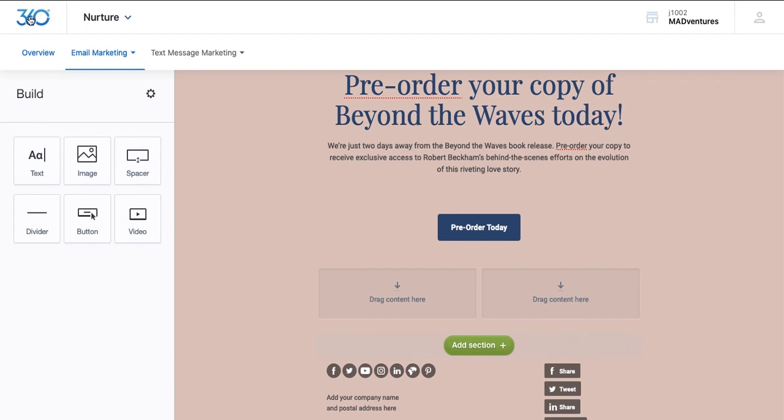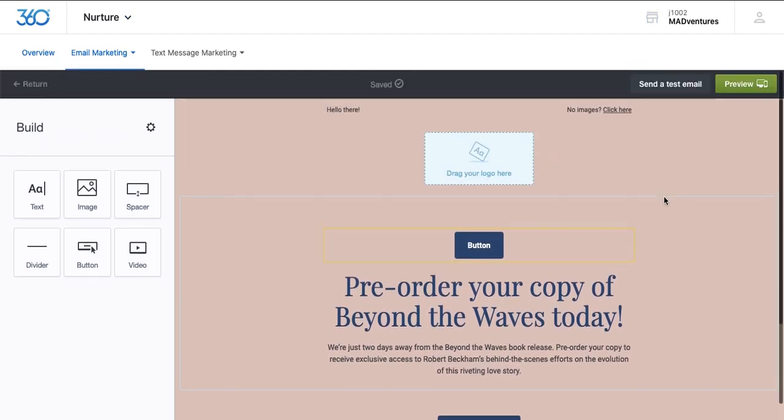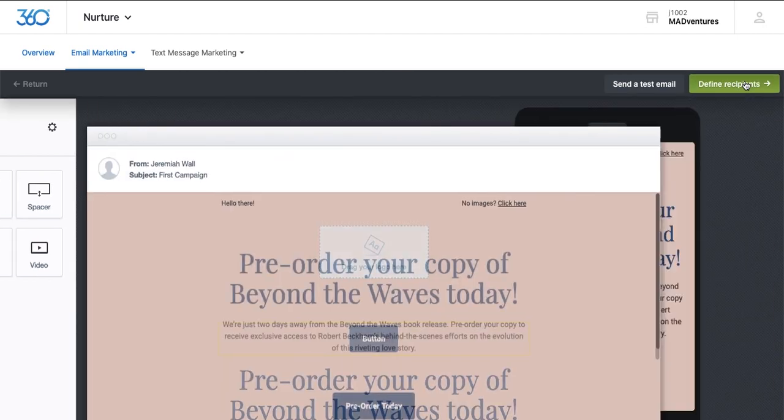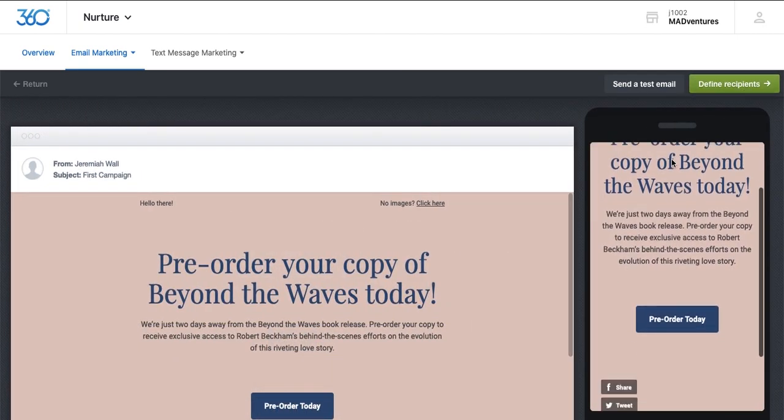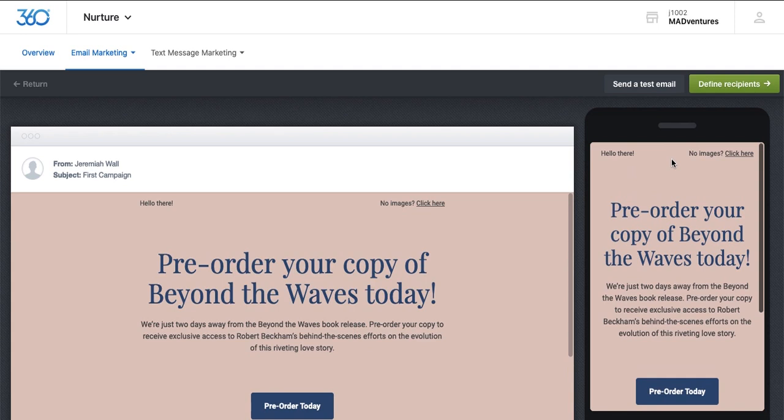Once you've finished designing your new email marketing campaign and ensuring all of the information is input and accurate, you can use the green preview button to see what the email will look like on a desktop computer as well as on a mobile device. Use the gray Send a Test email if you want to see it in a real case scenario. Now once you finish previewing the email,